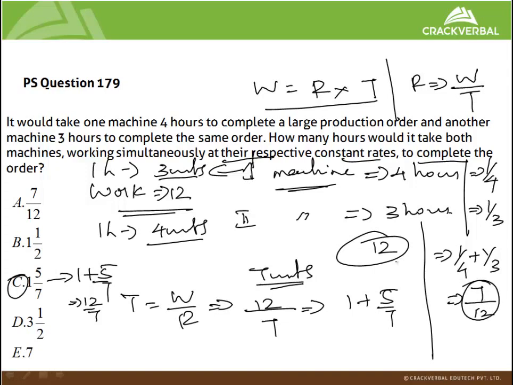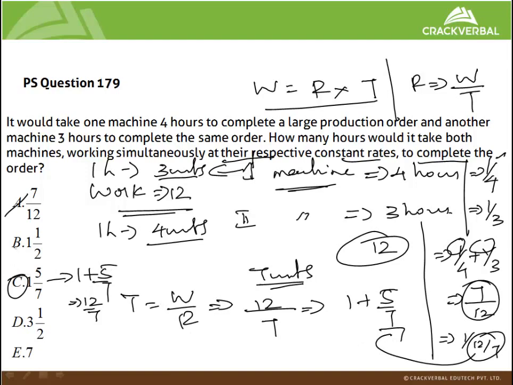But 7 by 12 here, answer choice also gives 7 by 12, which is wrong. 7 by 12 is not correct, because when you are finding rate of work, the work always has to be constant. Here the work is 1. What does 7 by 12 mean here? For 7 times the work, it takes 12 hours for them. But we are finding for 1 unit of work. How many hours will it take both machines at their respective constant rates? Here our work is 1, so if you take the reciprocal of this, you will get 12 by 7. Again 12 by 7 is nothing but 1 plus 5 by 7.